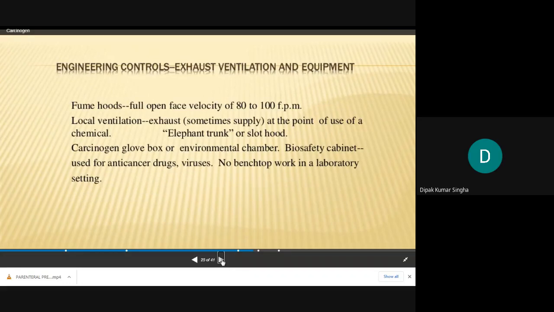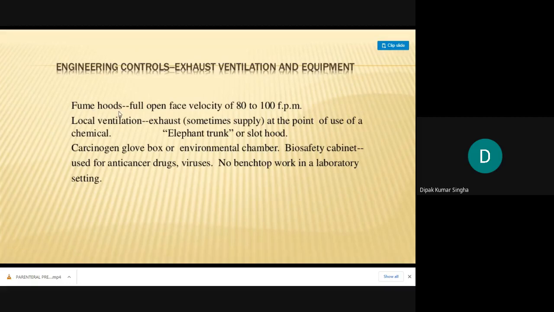Engineering controls: exhaust ventilation and equipment, for example fume hoods. Nowadays, in the case of a chimney or fume hood, use it with the face fully open at a face velocity of 80 to 100 fpm, feet per minute. And local exhaust ventilation at the point of use, where the fumes will be